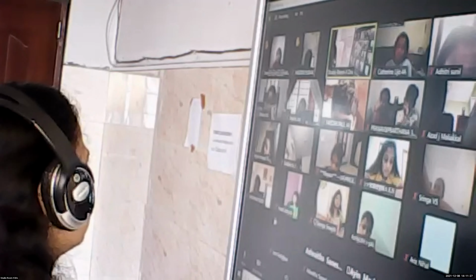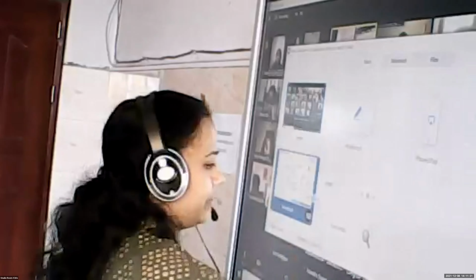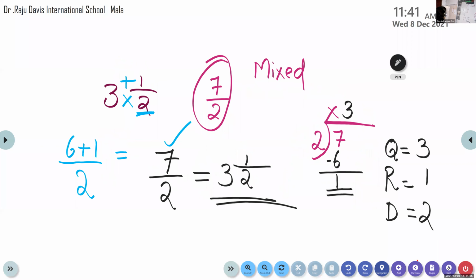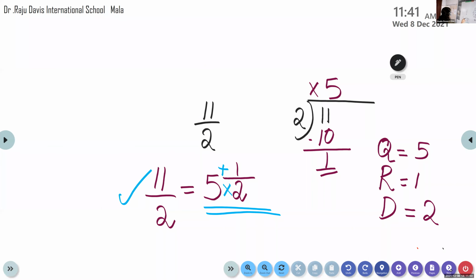Same divisor. Yes. Okay, ma'am. So here, children, what we have done here is with the same smaller numbers. That was very easy. 3 2s are 6. You will multiply the whole number 3 and the denominator. 3 2s are 6 plus 1. So you get the answer. The small numbers, it is easy. You have to multiply the whole number and the denominator, then add the numerator.